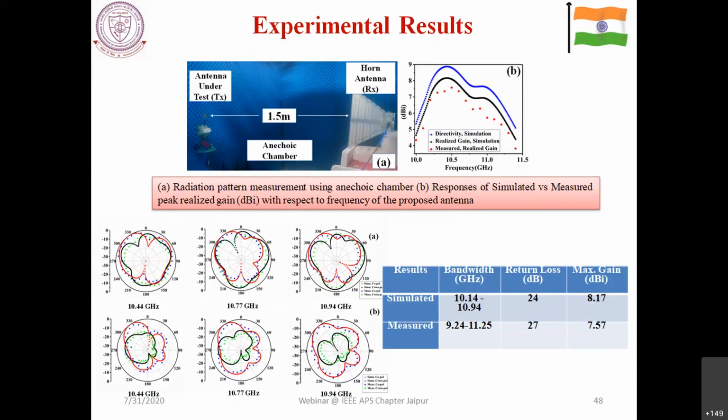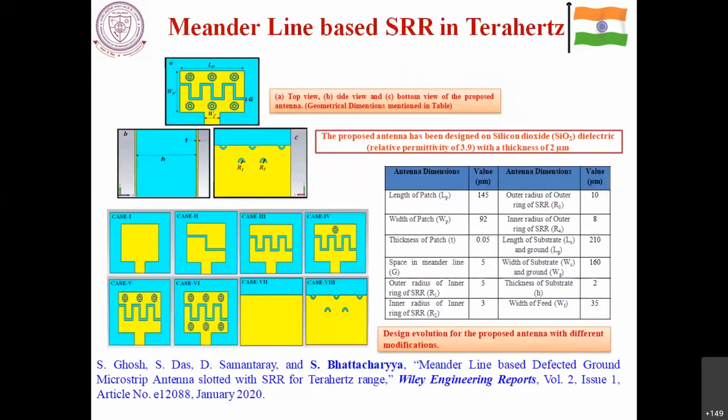Later, I also want to tell you that this particular work has been carried out by one of our students who had come to me for his BTech internship. He worked here for 1.5 months and came out with a journal paper. Basically, he has loaded the antenna structure using a few split ring resonator structures in a meander line configuration, so that it will operate at 6 different frequencies. This antenna has been proposed for the terahertz range.